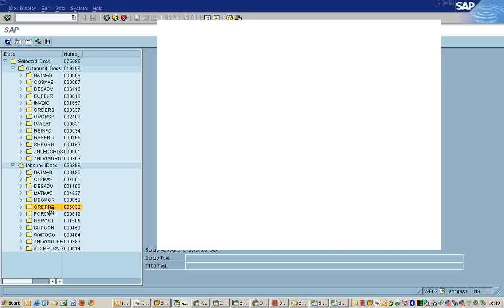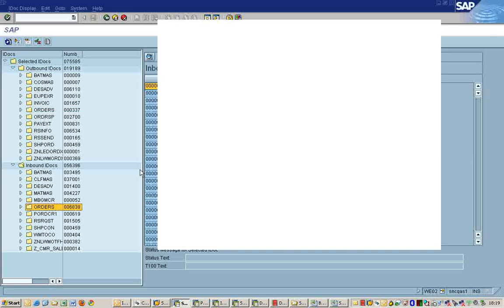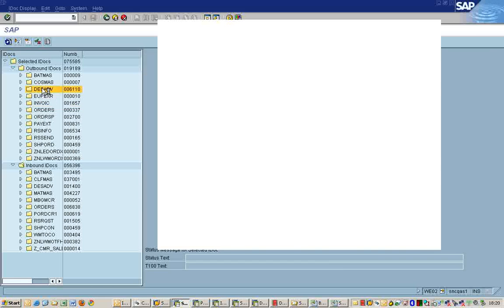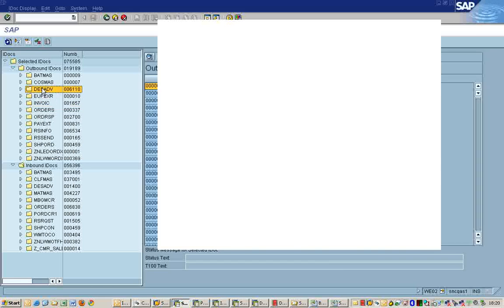It is an incoming order. You can see a text message here also. So from the SD perspective, we should be concerned with invoice, orders, and delivery. These are the three message types from the SD perspective. Thank you.